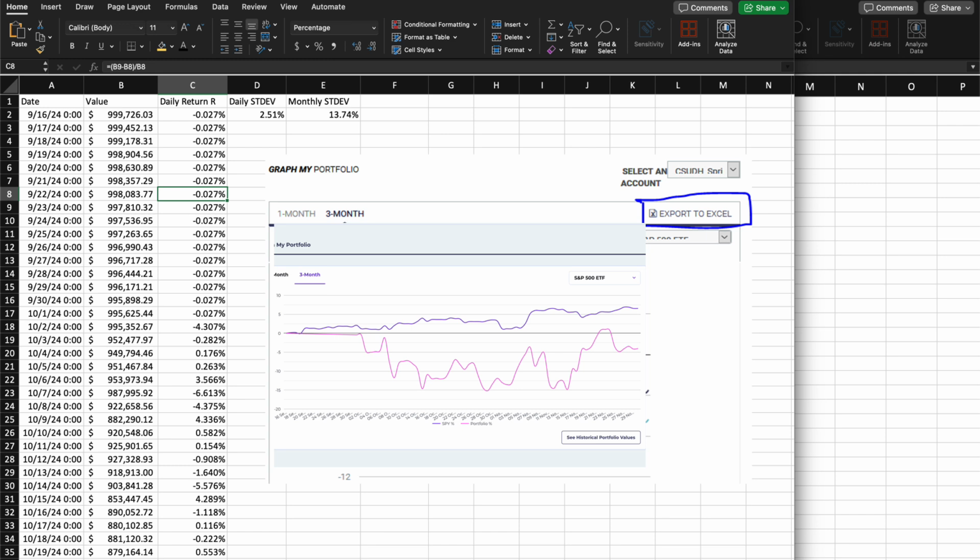We're looking at my portfolio standard deviation. To find the daily standard deviation, you take column C, which is daily returns. Oh, wait, no. For monthly returns, you take the daily standard deviation, which is 2.51%, and we multiply that by the square root of 30. And that gets us